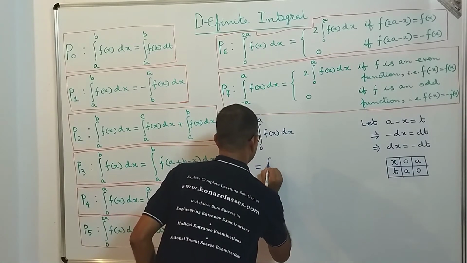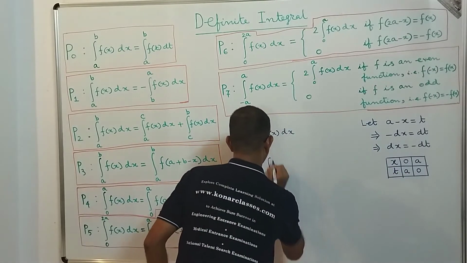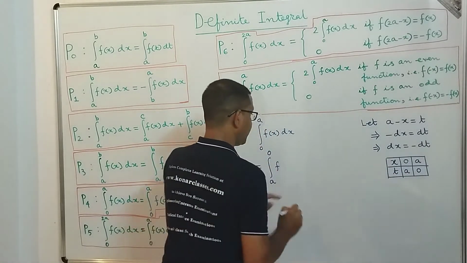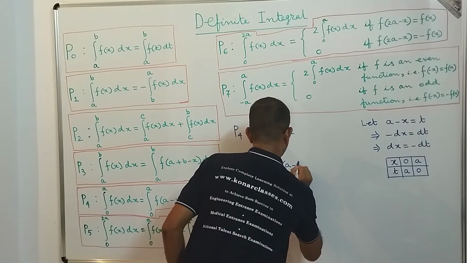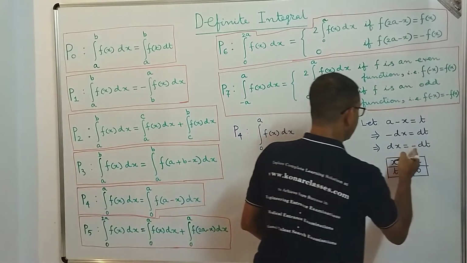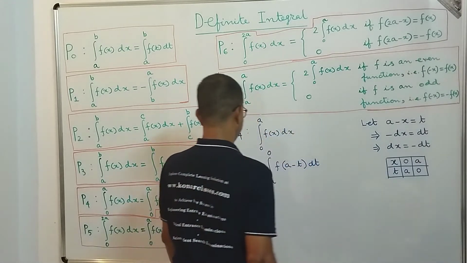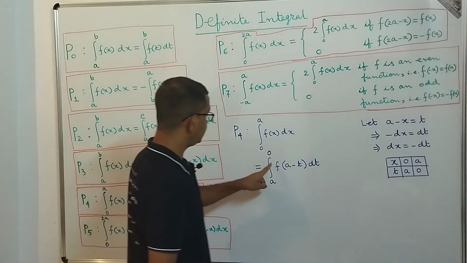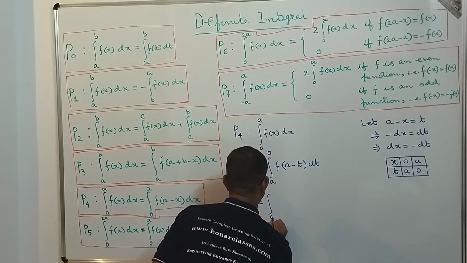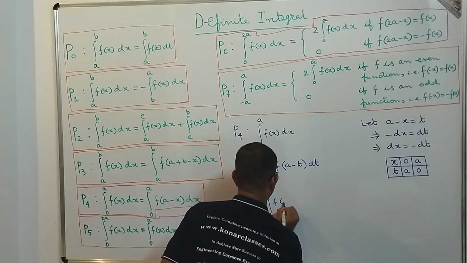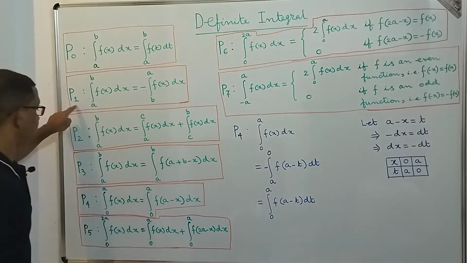So this is equal to the integral from 0 to a becomes a to 0, of f of x. What is x? x is nothing but a minus t, and dx is equal to what, dear students? Minus dt. So I can keep the minus here and dt. So minus integral a to 0 of f of a minus t dt will become integral 0 to a of f of a minus t dt, and that we are getting from property P1.